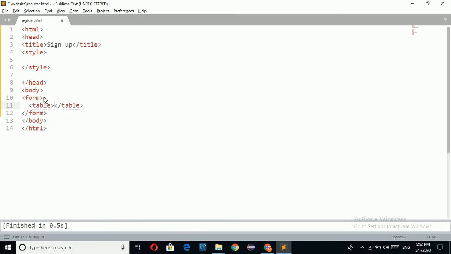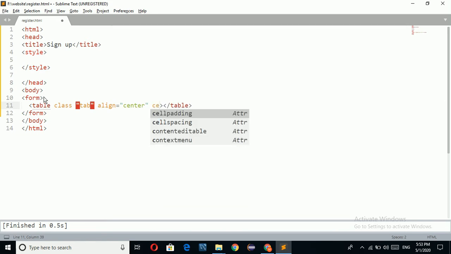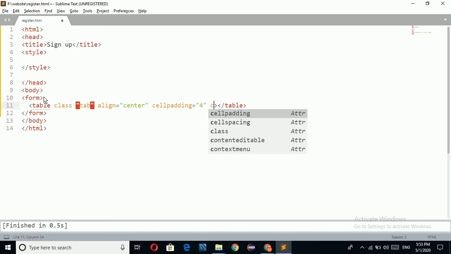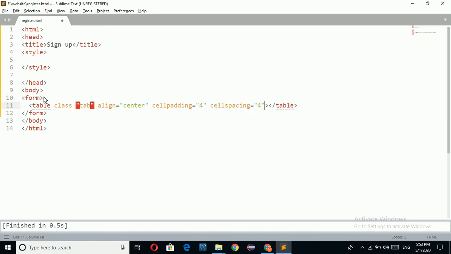So table class equal to tab, I am taking a class name just for applying the CSS, and align equal to center. Here cell padding equal to 4 pixel, cell spacing equal to 4 pixel, and I am going to take width equal to 40%.